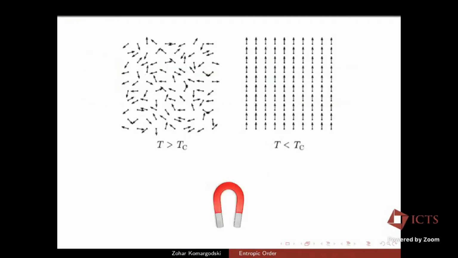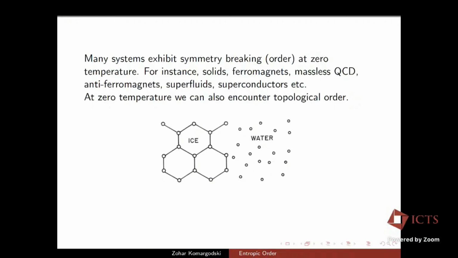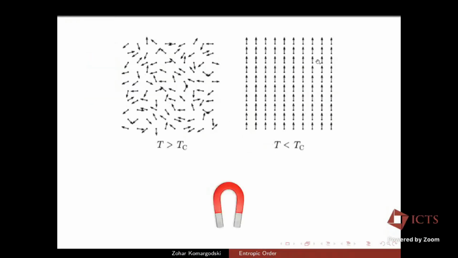Now, we believe that pretty much in any such example, as we heat up the system, the order must disappear. And this is just some kind of high school intuition that when the system is at high temperature, the kinetic energy is so large that all the possible orderly arrangements are broken down, or something along those lines. That's the intuition. For instance, if you take a ferromagnet with all the nuclei spins pointing in the same direction, once you heat it up, they get completely disordered.